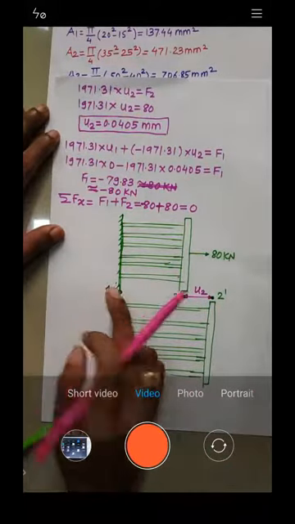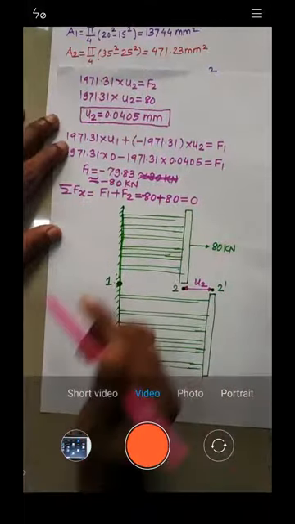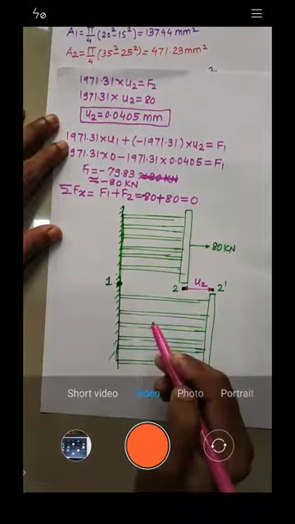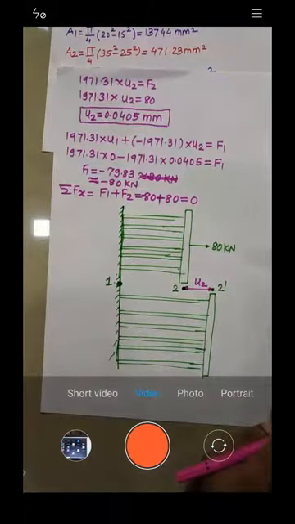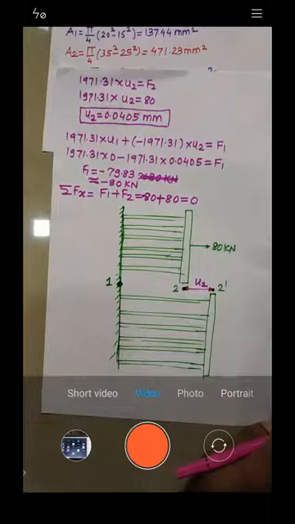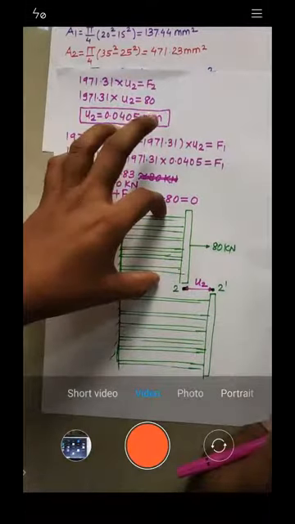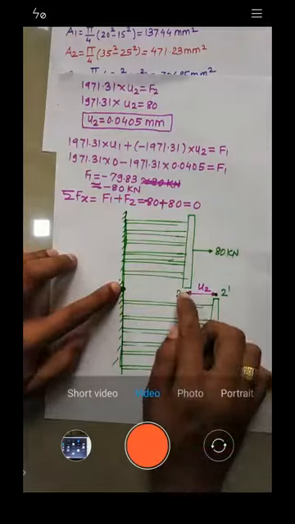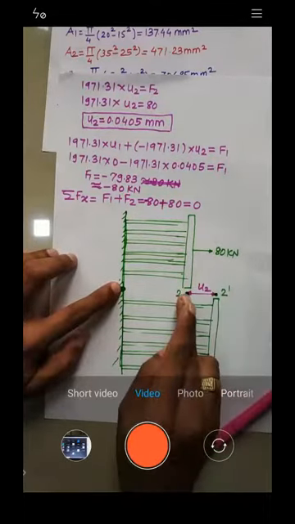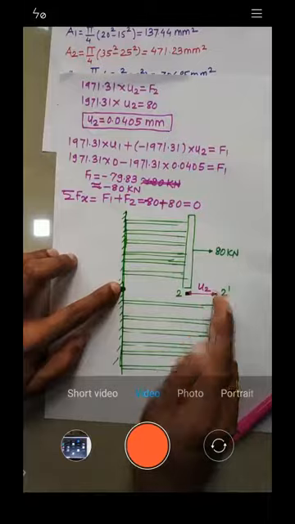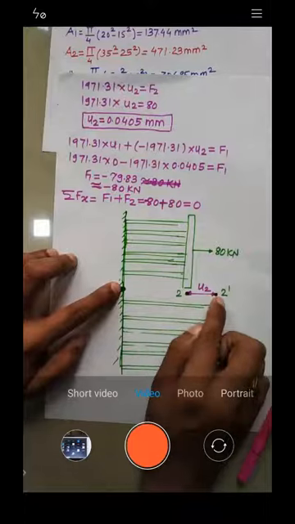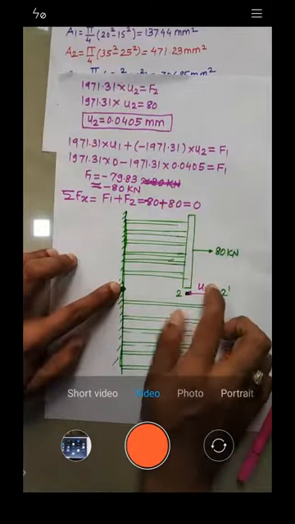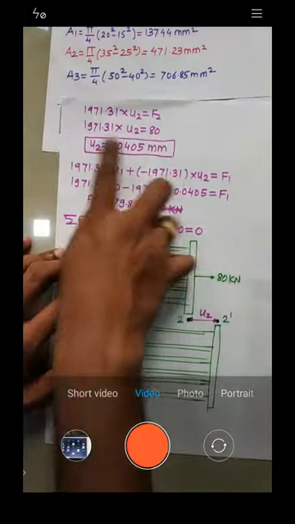What about node 1? It is at the same location. It hasn't moved because it is fixed. It is connected to the fixed support. Are you able to get this one? Let me know. So this is the initial position where we have node 1 here, node 2 here. But when you apply the force, node 2 is going to get shifted by distance U2. So its new position becomes 2 dash. So the distance between its initial position and final position is U2, and we need to calculate this value of U2.